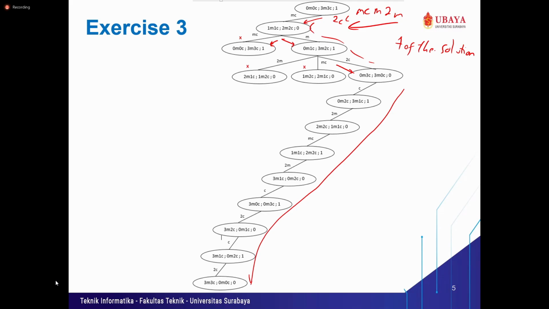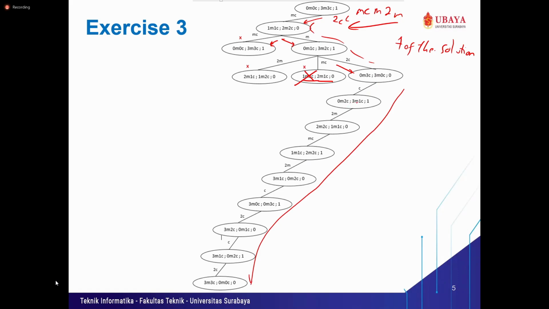The most important part is, of course, to never let the cannibals outnumber the missionaries. Like this one, it's crossed because of this: 2 cannibals versus 1 missionary. If you see here, the cannibals never outnumber the missionaries, right?